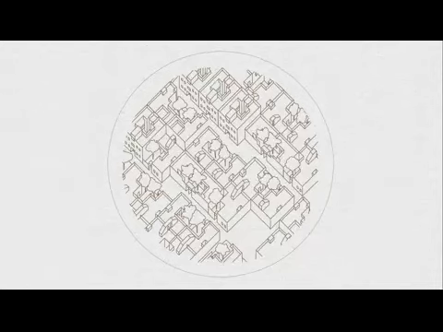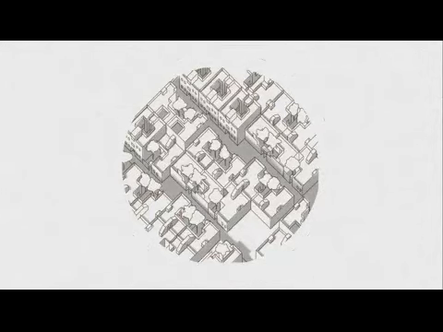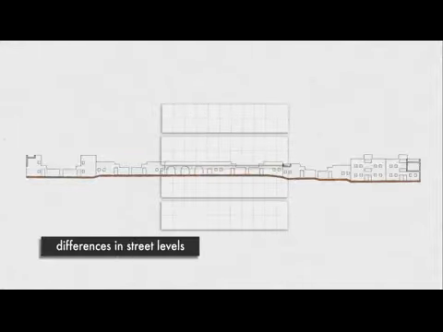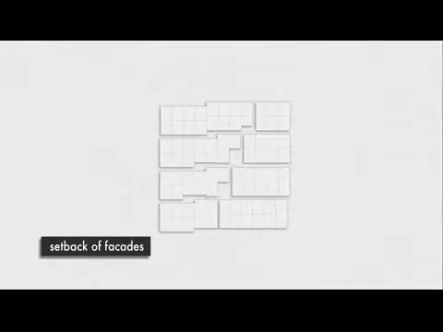Because of the east-west orientation of the streets, the houses face either south or north, which is an orientation that helps shading and allows the houses to catch the prevailing north wind. The back-to-back rows of houses are placed in a rectilinear pattern for a rational installation of infrastructure, but different planned irregularities, such as difference in street levels, setback of facades, and first floors bridging over the street, break up the